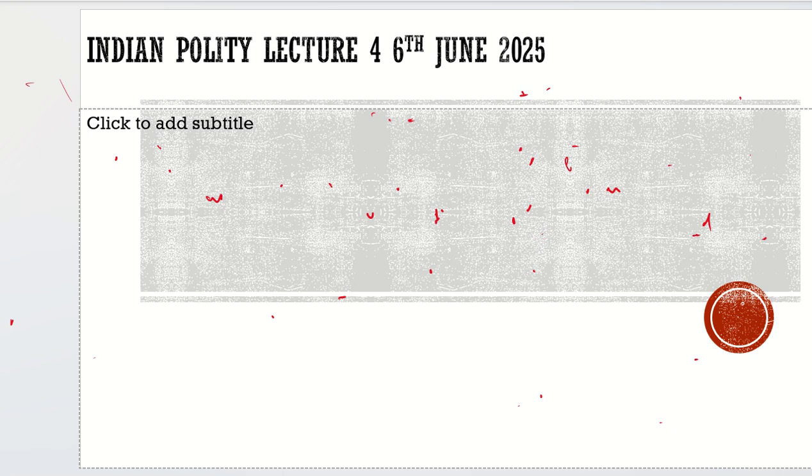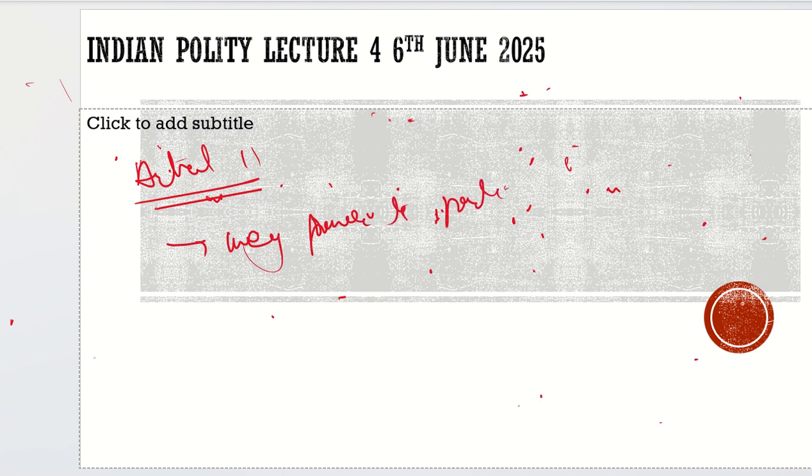We will discuss that. First, we will discuss the last article, which discusses the citizenship. It is Article 11. Let's see what Article 11 says. Article 11 in the Constitution gives the power